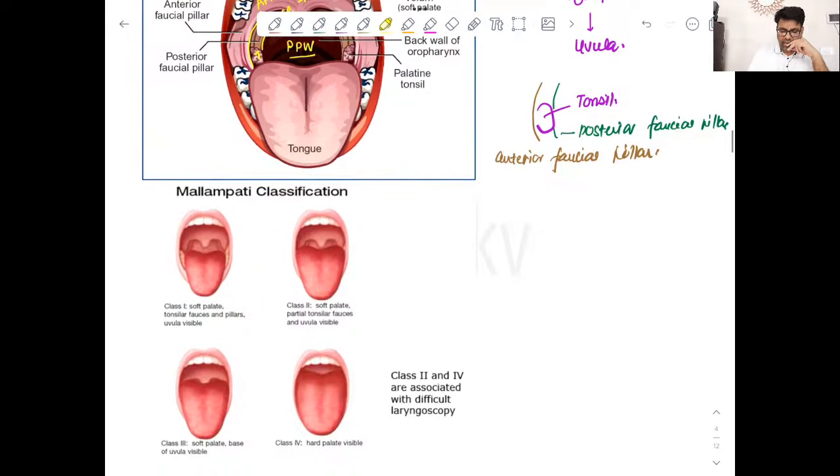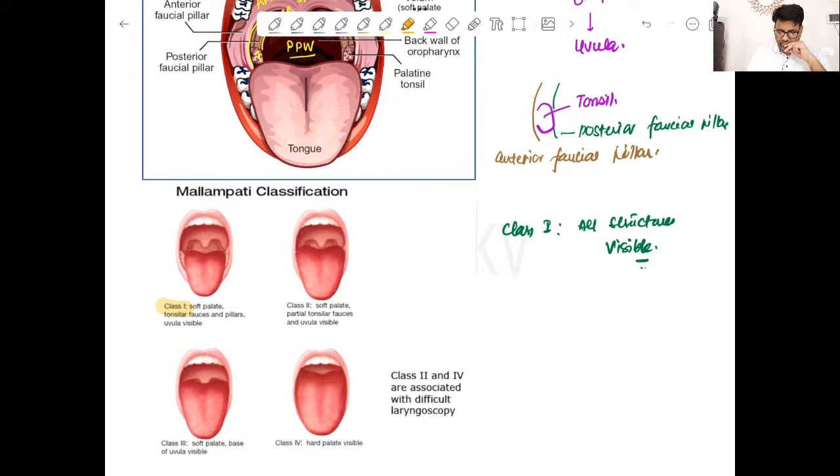So in class 1 we will see all the structures, right? If I write here, class 1, all structures visible, and therefore it means the patient is able to open the mouth easily and fully, and therefore intubation will be very easy. We won't find any difficulty in performing intubation. Now in class 2,